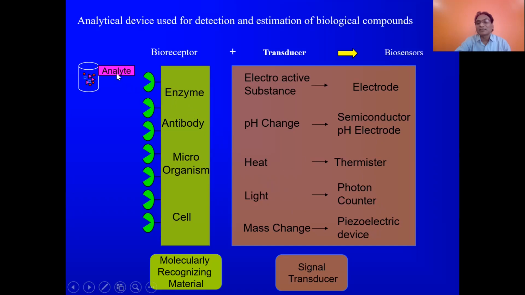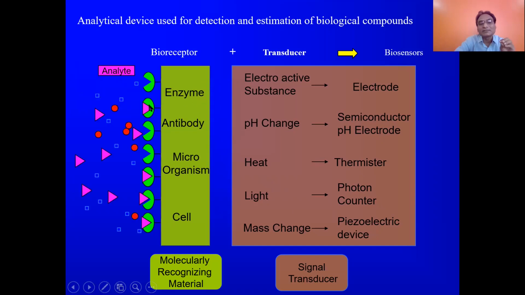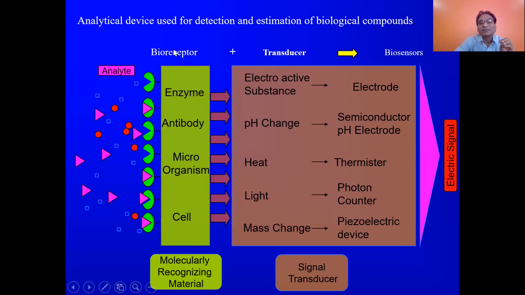Right? Now, whenever this analyte, say glucose, comes in contact with this bioreceptor, what will happen? You can see, whenever they come in contact here, you will get some biochemical signal here. As soon as it comes here, you got this biochemical signal. So the biochemical signal, this is one transducing mechanism, right? How will the biochemical signal arise here? It depends on the concentration, and these changes are going to be converted into electrical signal.